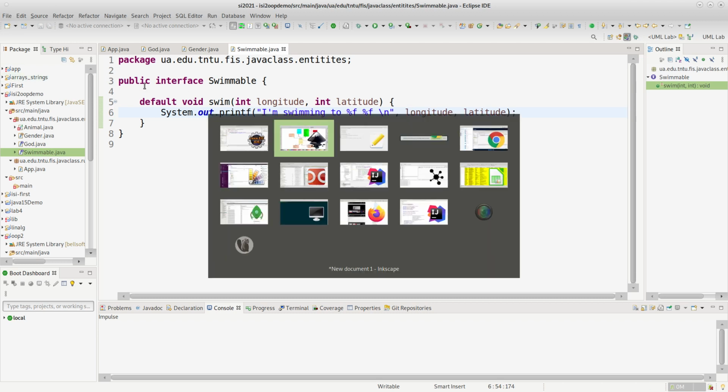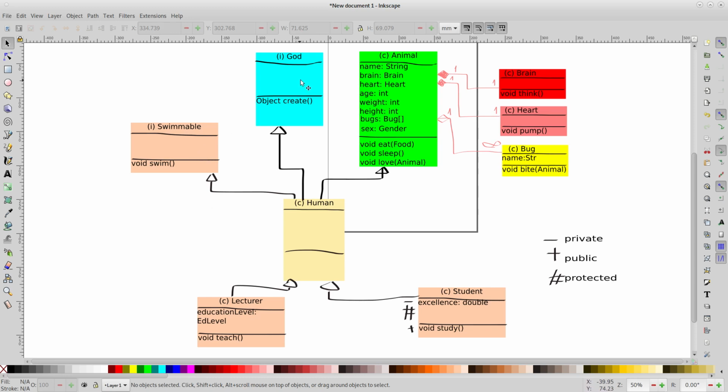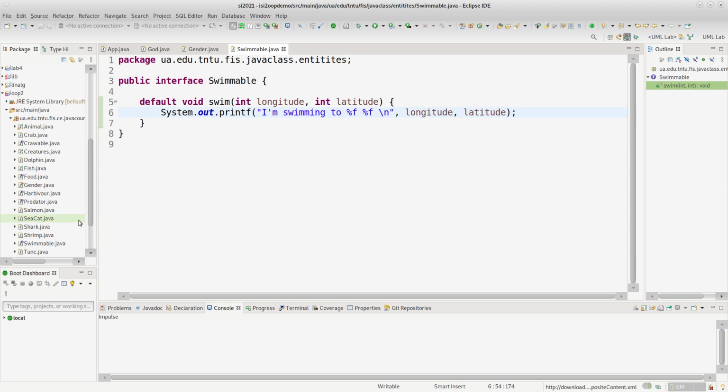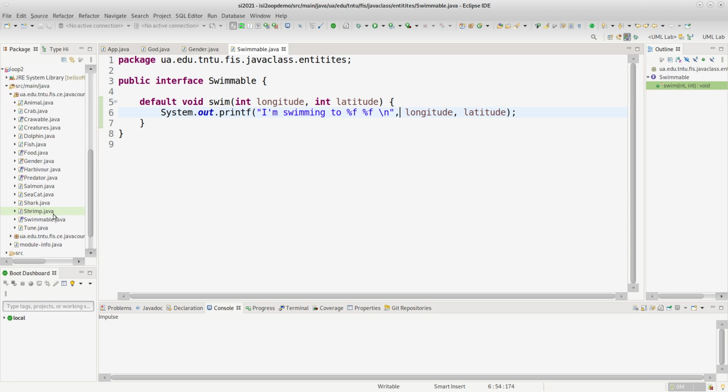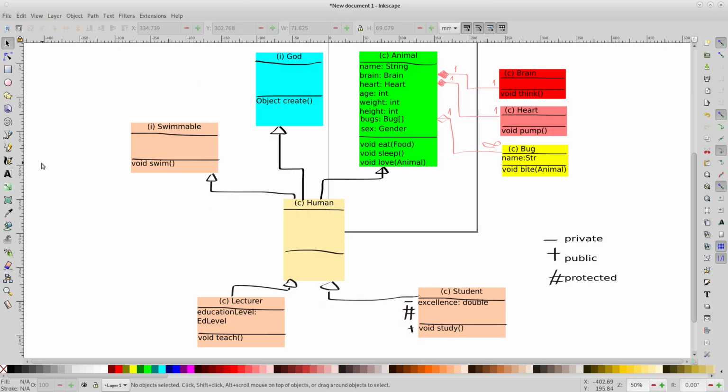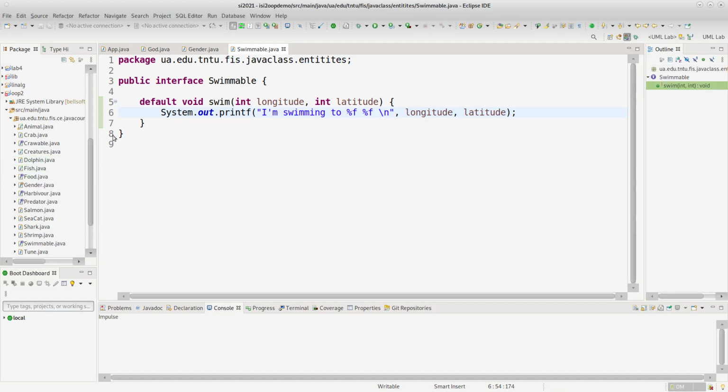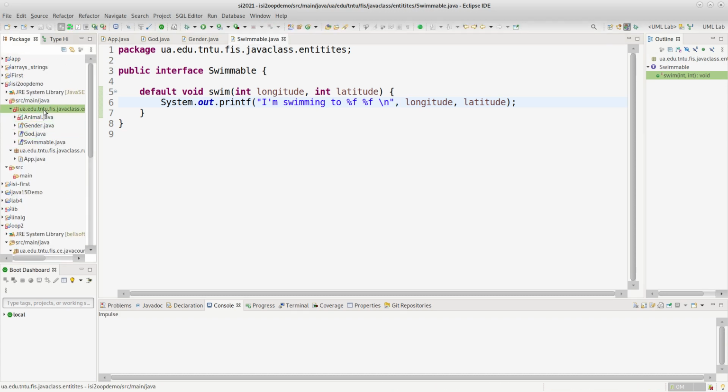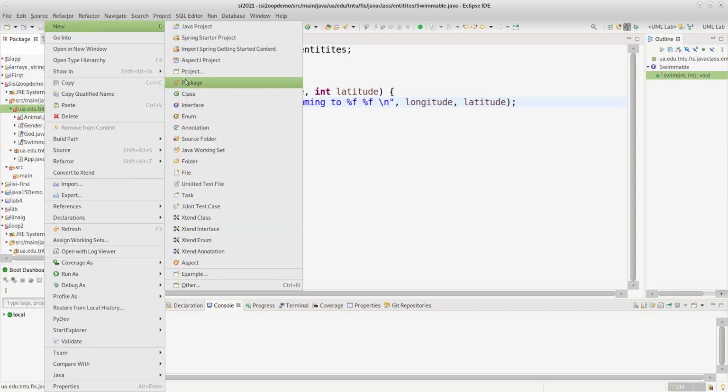And let's, according to our diagram, swimmable is created, God is created. Let's move to the animal. I don't know, do we have a heart or don't we? No, we don't have a heart. We should create it. Okay, what about food? Food, no. No, we don't have any food. Good. So let's also create in our code animal, and in animal, okay, brain,